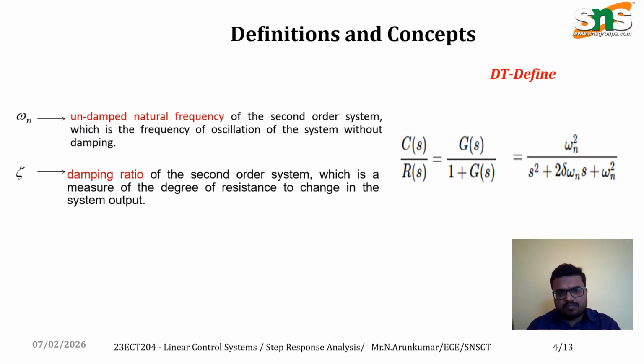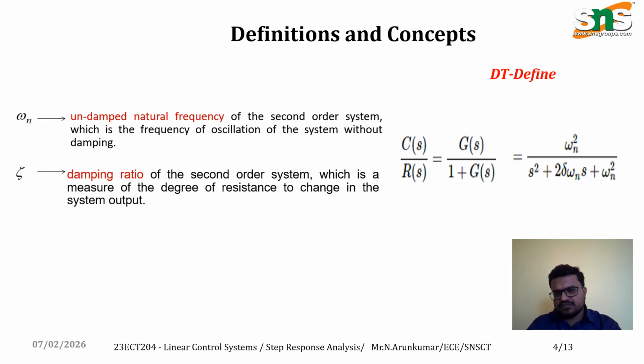So like that, omega n and delta. Omega n is the undamped natural frequency. It is used for first order as well as second order systems, based on the number of oscillations generated in the circuits. And next one is the damping ratio. It is the measurement of the degree of resistance to change in the system output. So it clearly defines the actual output and the original output. The difference between these two outputs is captured with the help of this damping ratio,